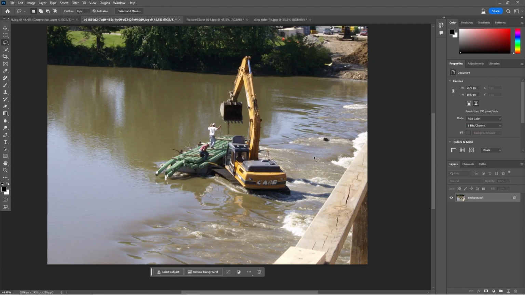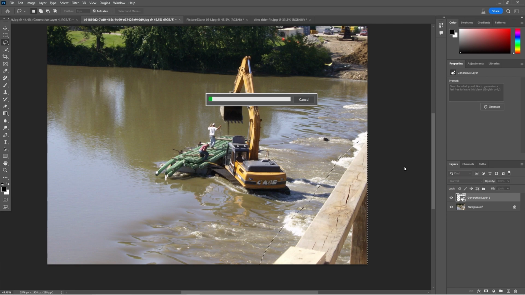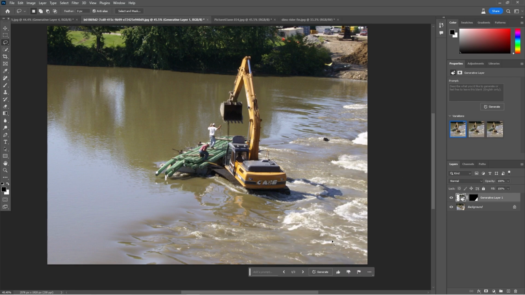Other things you can do, like this railing here. It's overlooking some people trying to save some rebar. There's a causeway, which is a road out to the piers, and they didn't realize the river was going to flood, and they're trying to save it. So you could just grab some of this stuff here. I'm going to escape that, get rid of that, deselect that. I don't want to go too far out, but I'm going to do the generative fill. I hate saying that. I'll just say gen fill. That sounds better. That's not bad at all.